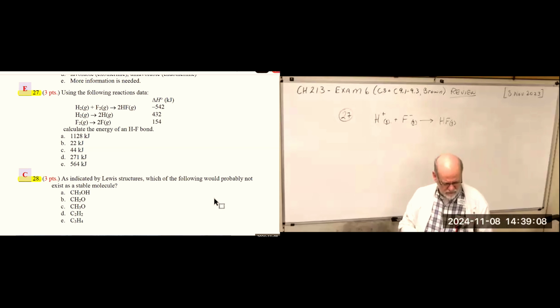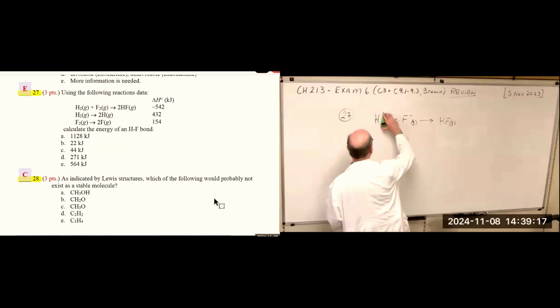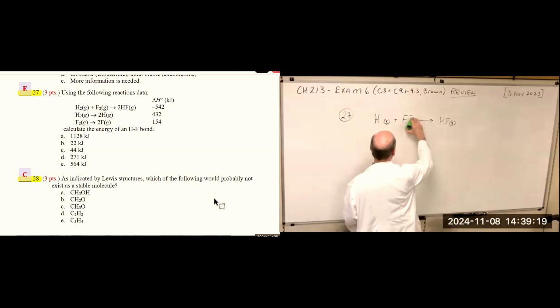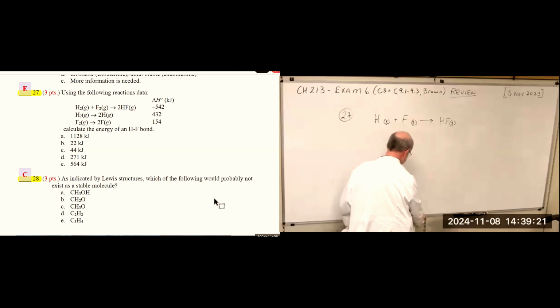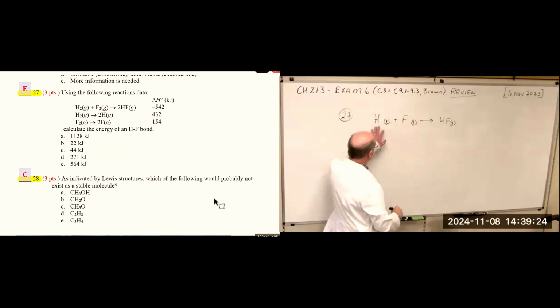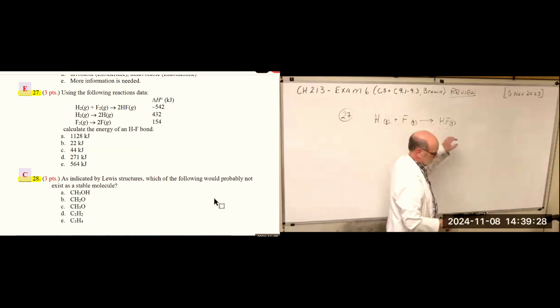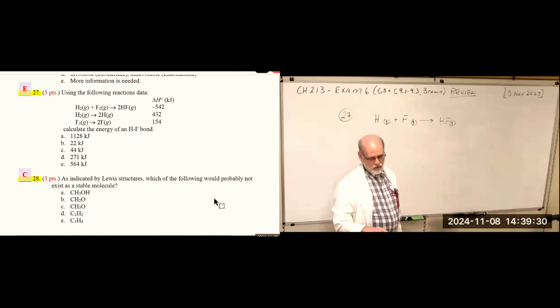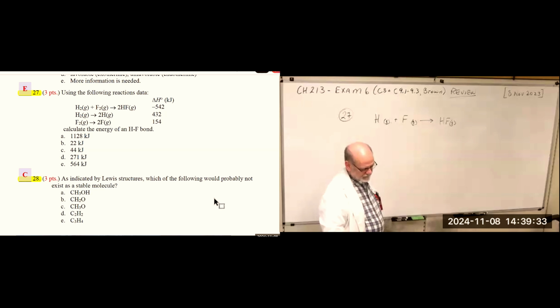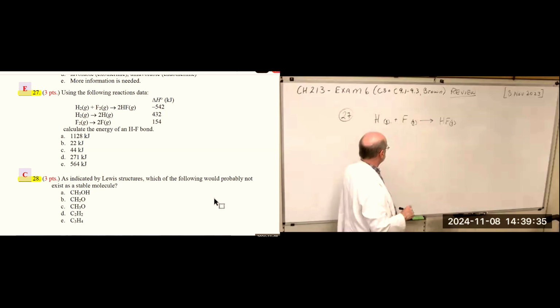So how do we get there? No, my mistake. We're not looking at lattice energy. We're looking at this equation right here. This free atom coming together with this free atom as a gas to form that one. That would be our target equation. Now, how do we get there? Well, let's see. If we use Hess, we need